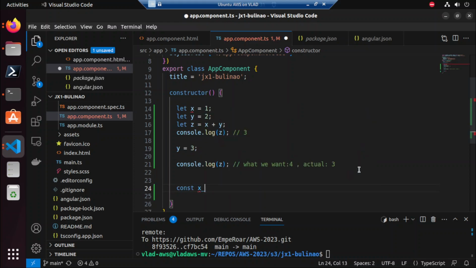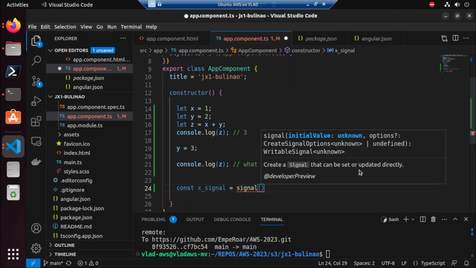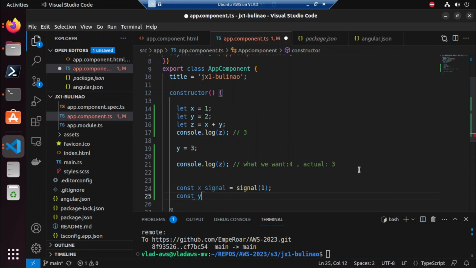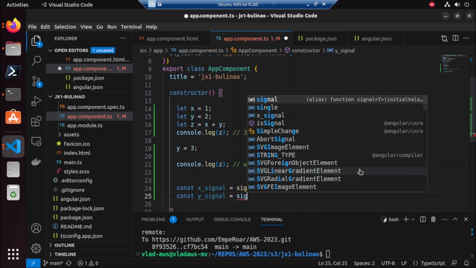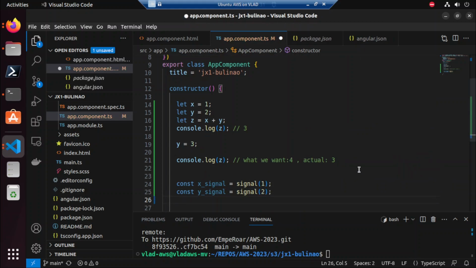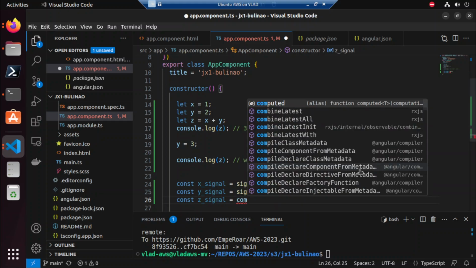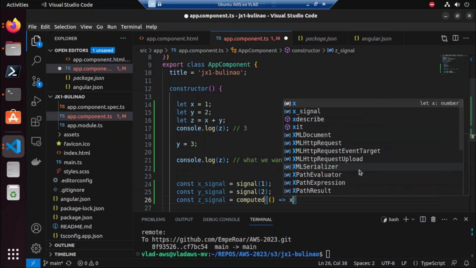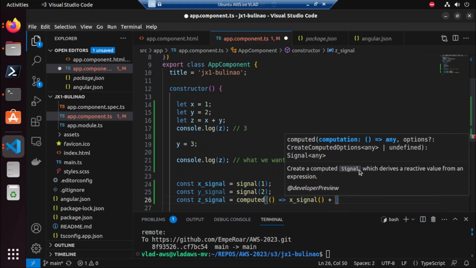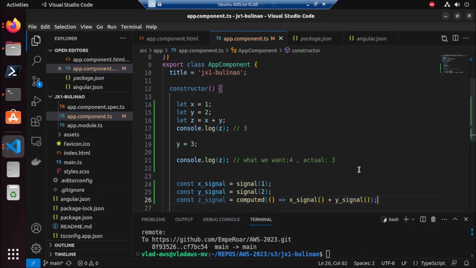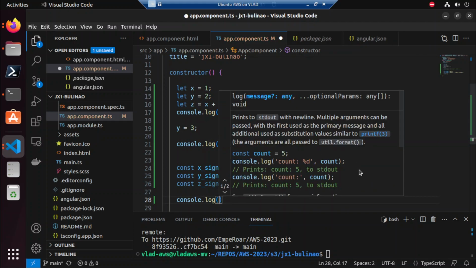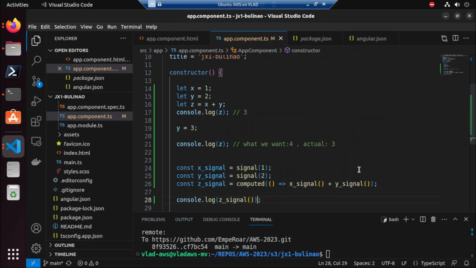So if you're going to do x signal, you're going to assign signal 1, and then const y signal 2, and then const z signal equals computed x signal plus y signal, and then if you console.log that z signal, we're going to have, so let's put this as